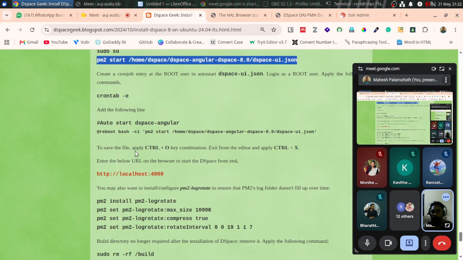Then we need to set this particular command in the cron tab. Cron tab in Linux means if you want something to be scheduled in the server, we can use the cron tab option. You may be remembering whenever we tried to automate the backup of the Koha system, we used the cron tab option. So cron tab